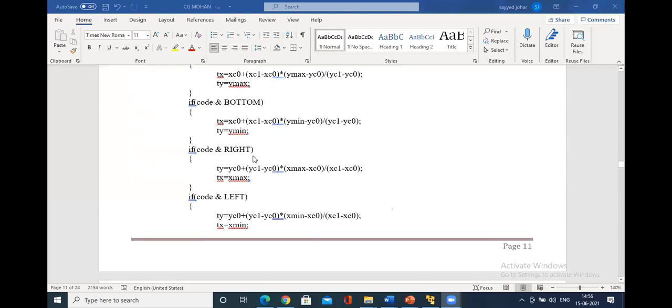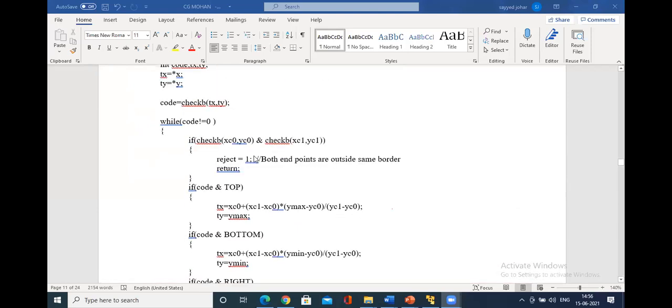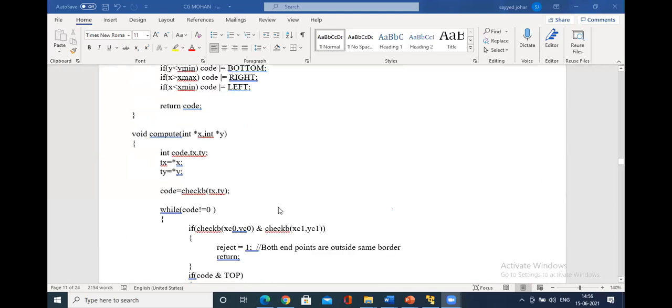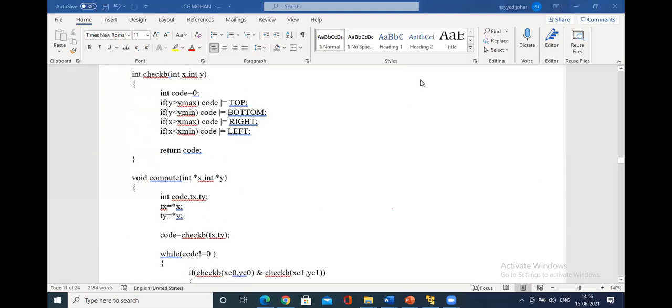So Cohen will return the finalized value of star x and star y, and internally when you call compute, you could see compute internally calls check, that is to find the values of the endpoints at which border my line falls, whether it is top right, top left, or simply the top, bottom, or bottom left, bottom right, or simply the bottom.